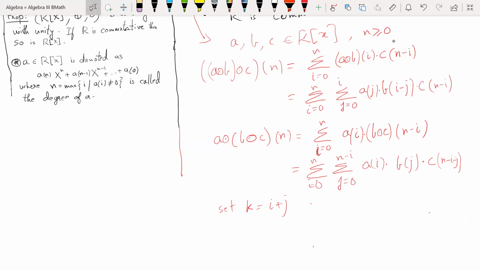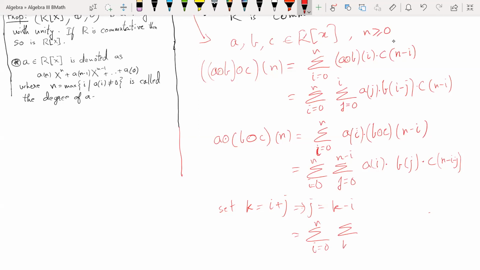If I do k equals i plus j, then I have to replace one of the variables. So which one should I replace? Maybe I'll keep i and get rid of j. So this implies j equals k minus i. Wherever there is j, I'll replace it by k minus i. So this summation becomes i equals 0 to n, and j varies from 0 to n minus i, but if I want to write it in terms of k,